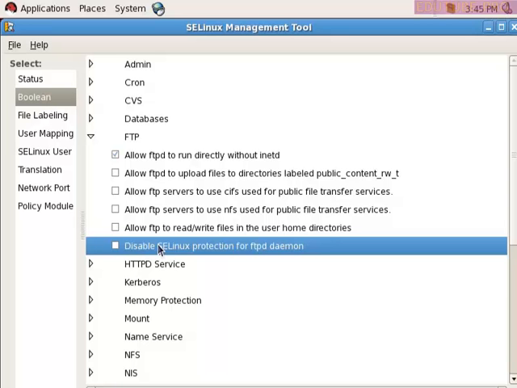If your exam requires SELinux, this option means you won't get full credit for your work if you end up having to enable it,